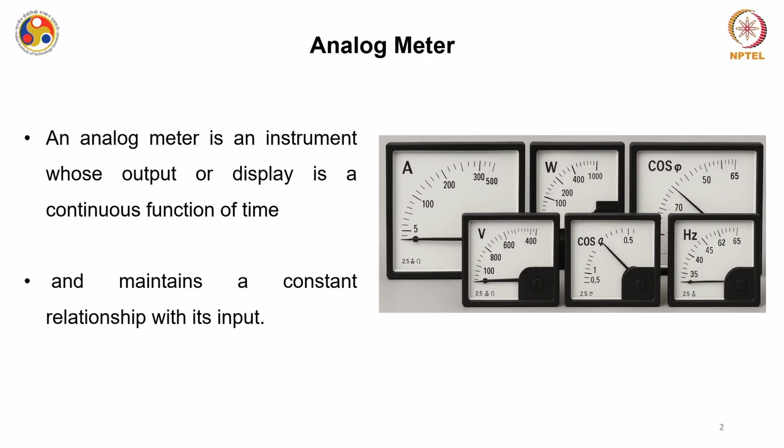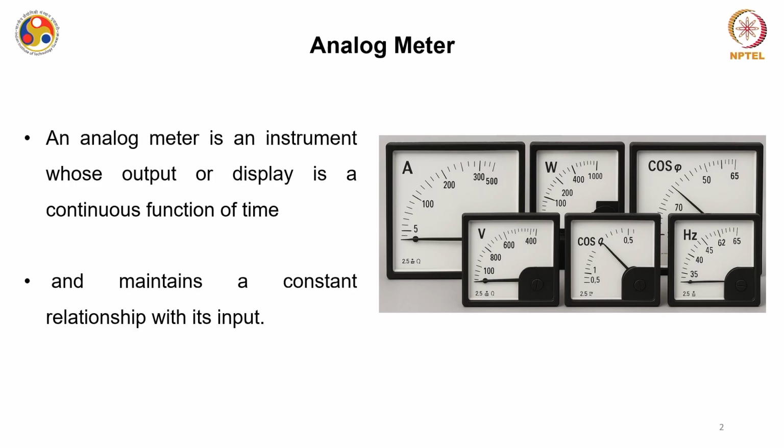Let us start with the basic definition of an analog meter. If you are not from an electrical background, you might not have heard this word analog or digital. But if you are from the same arena, if you have done some basic electronics or basic electrical engineering course, you must be aware of analog signals and digital signals, and the name analog meter comes exactly from that concept. So, an analog meter is an instrument whose output or display is a continuous function